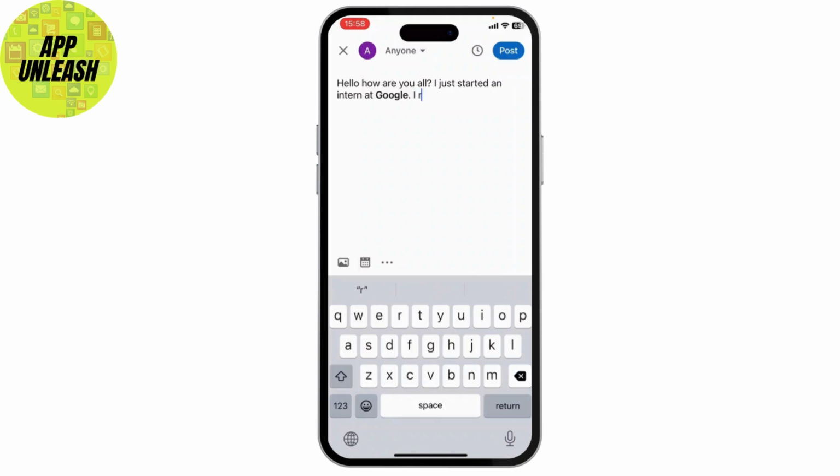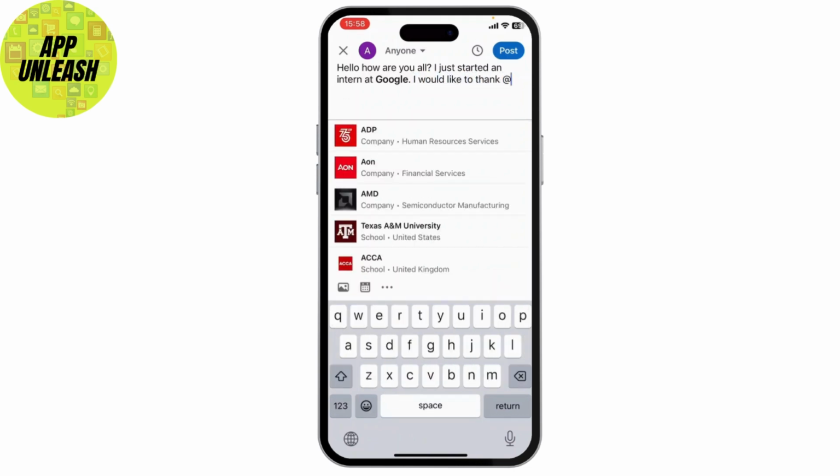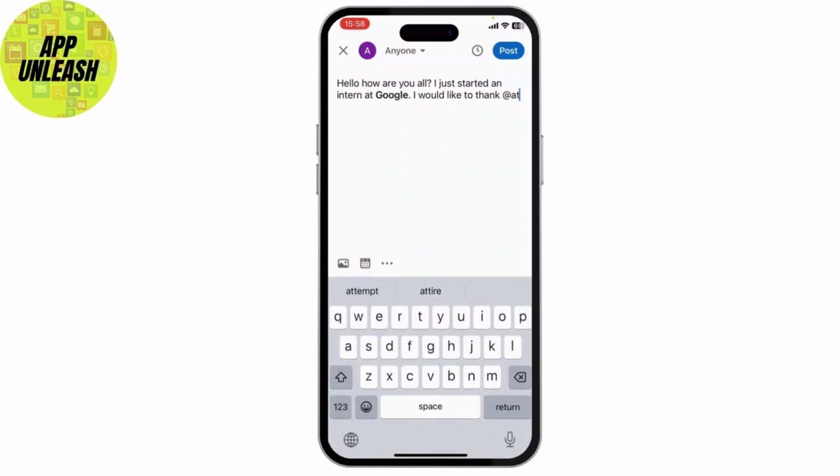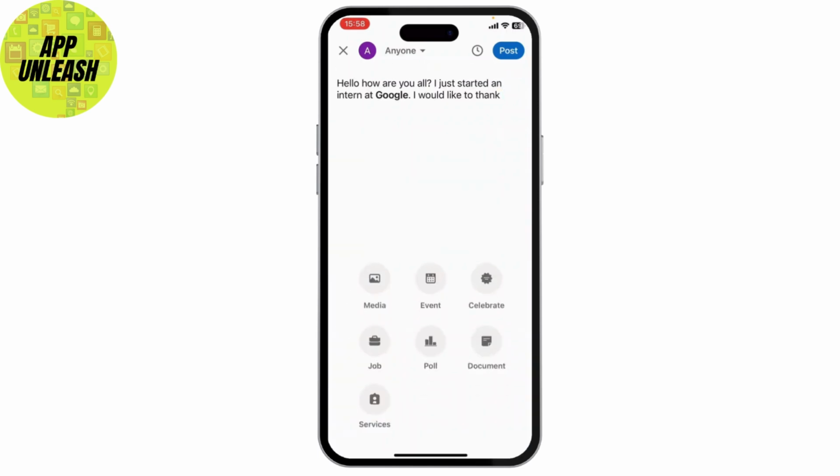Now you can add I would like to thank. Now here you can add people like this. Make sure that you tag someone you know and someone that's on your network, and after that you can just select whatever you want. Now like this, here you can add even media, events, jobs, polls and whatnot, and on